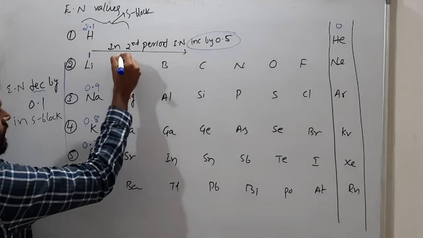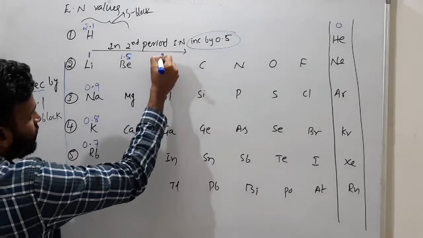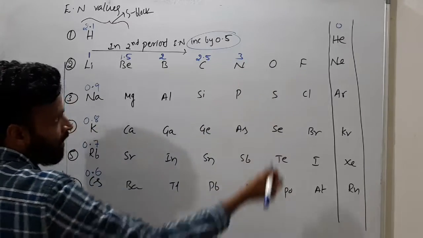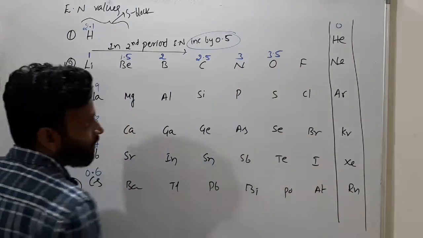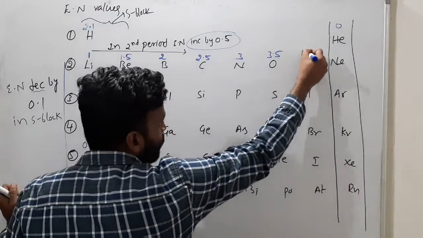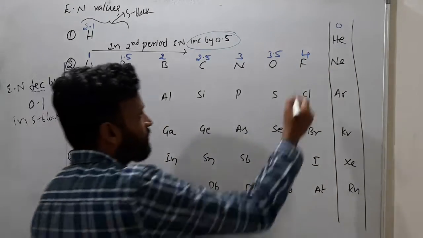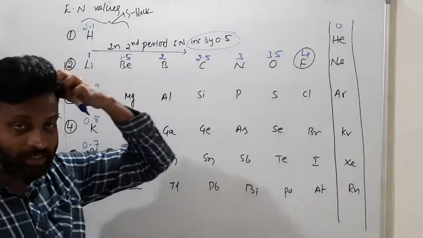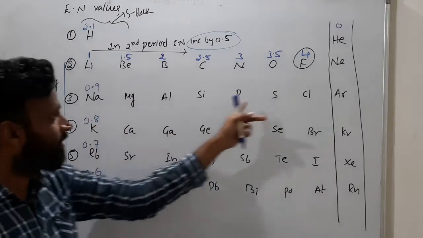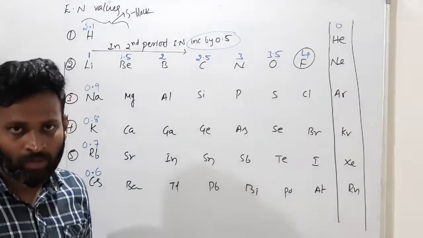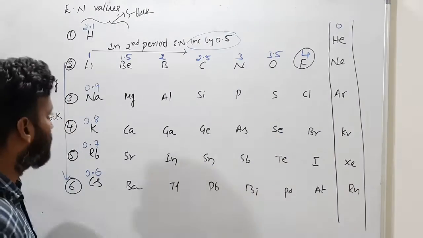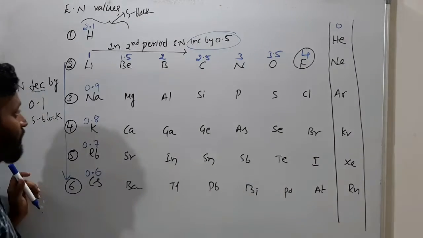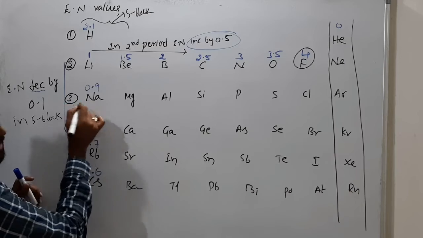That means lithium 1, so beryllium is 1.5, boron 2, carbon 2.5, nitrogen 3, oxygen 3.5 electronegativity value, fluorine 4. Highest electronegative atom is fluorine, I said already. Second most electronegative atom is oxygen only. See the value. Okay, no more will get that much, 3.5, even 4. Okay, so in second period electronegativity increased by 0.5, and in third period,